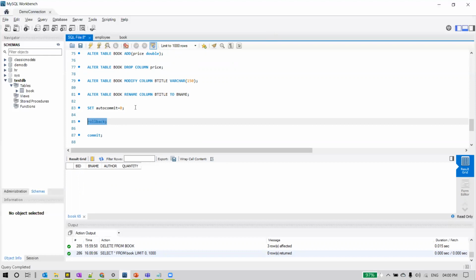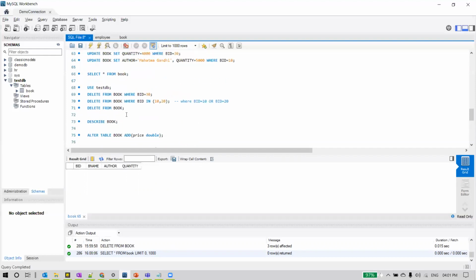Rolling back is like going to an earlier point, meaning the state of that table before we made that query. To go to that point, we need to use a command called rollback. So let me execute this rollback now. Remember, select star from book showed we don't have any data.